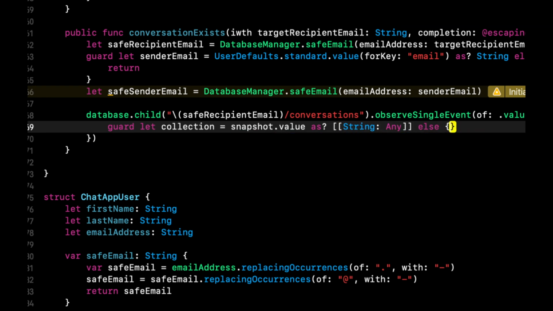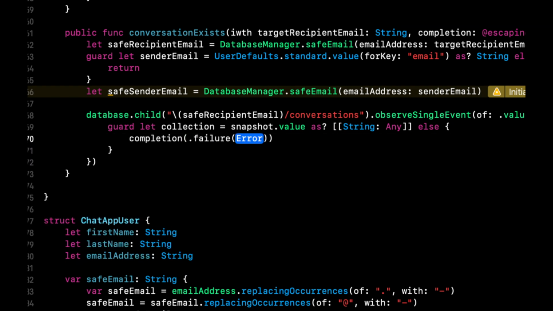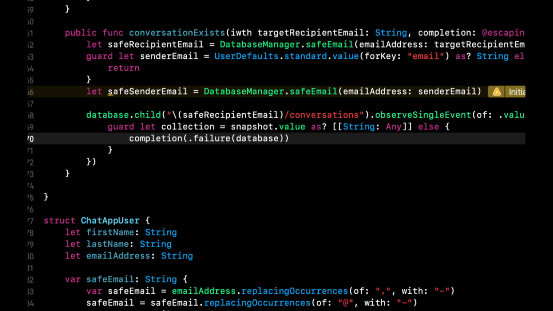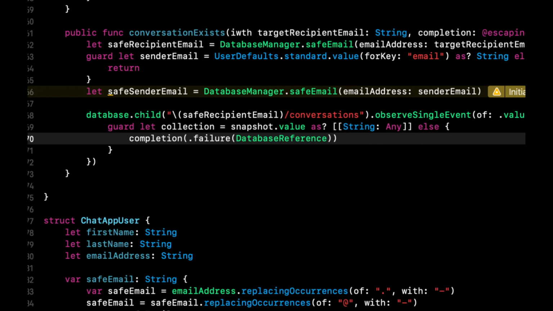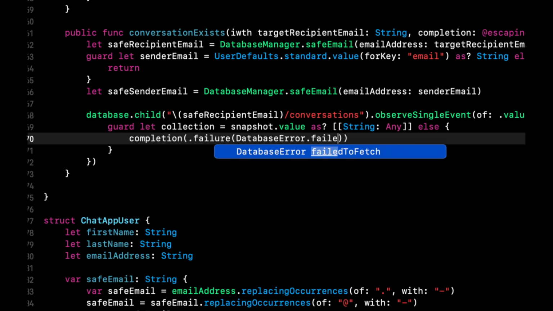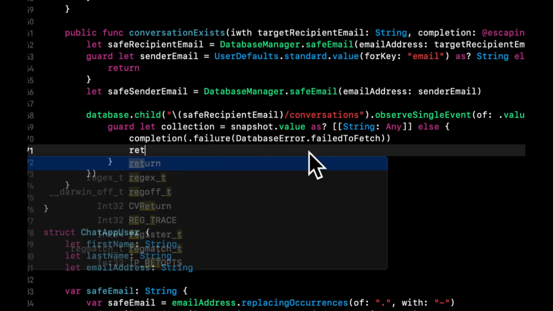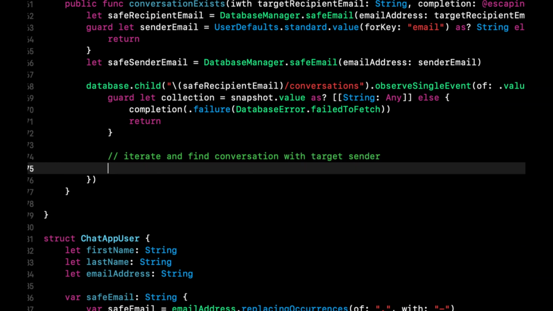And if we cannot unwrap it, we're simply going to do completion, failure, database error, and we're going to say off the database error, if I can spell this correctly, failed to fetch, and we'll return. But if we do find the collection, we want to iterate and find conversation with target sender, which is